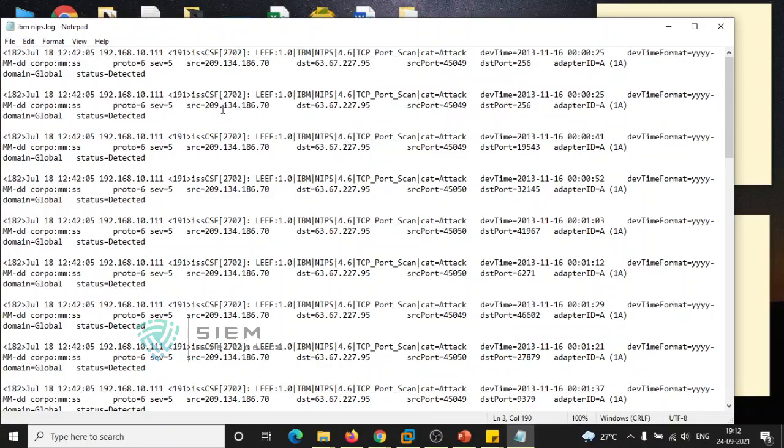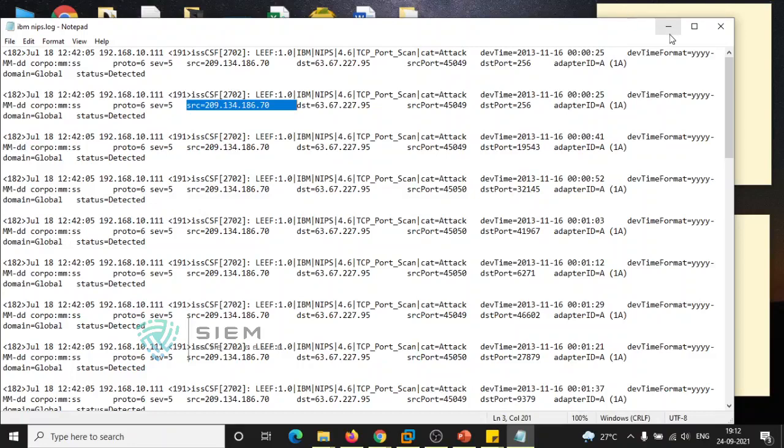Over here there is something called TCP port scan. If you take a TCP port scan, it will be found automatically using correlation rules, or you can say the custom rule engine. If there is a rule defined with respect to this, it automatically creates alerts for this particular event name, or by category, or as an attack, or by source IP. If you are adding a source IP to a blacklist as a reference set, it automatically picks up and gives an alert. So there are so many features available in QRadar.